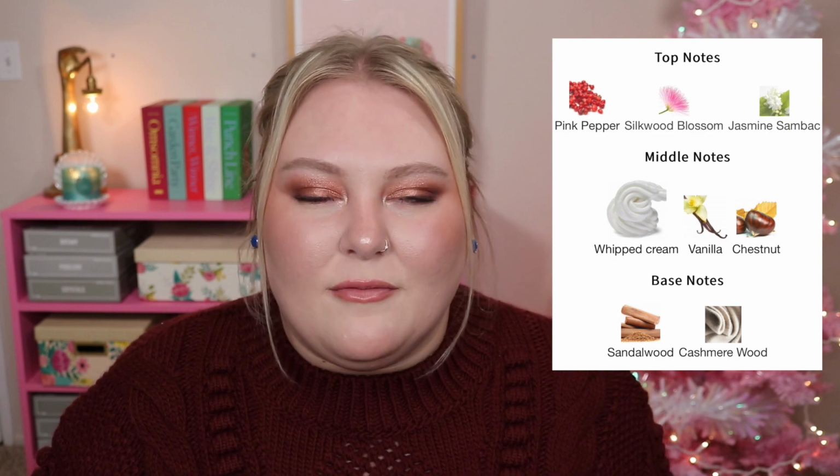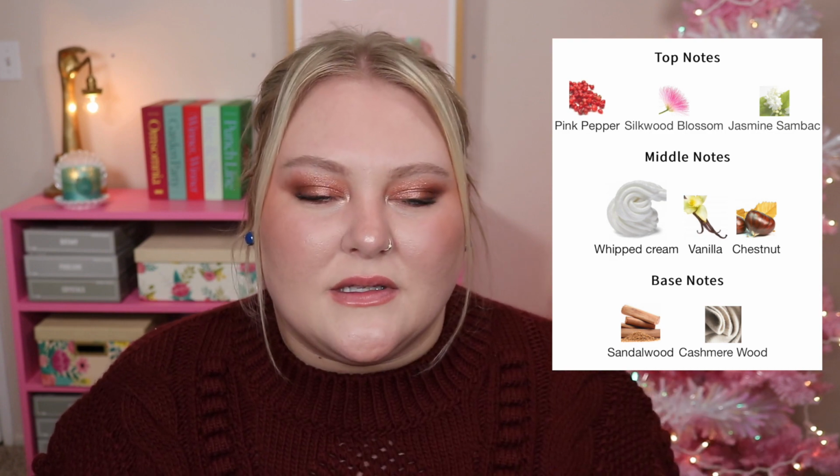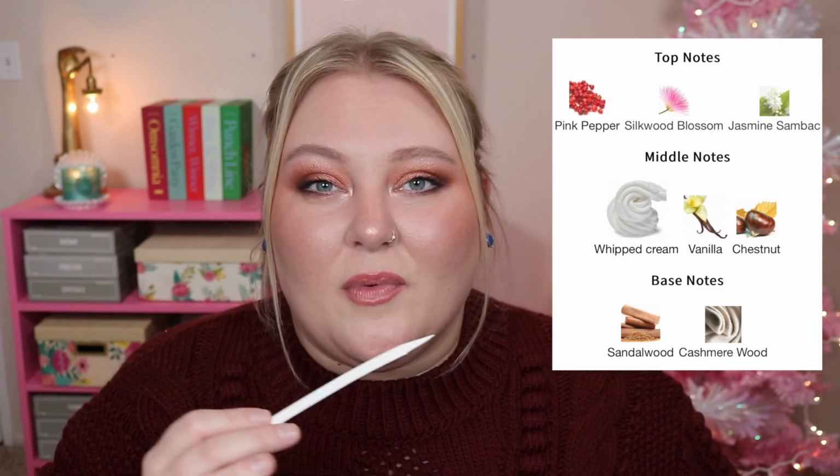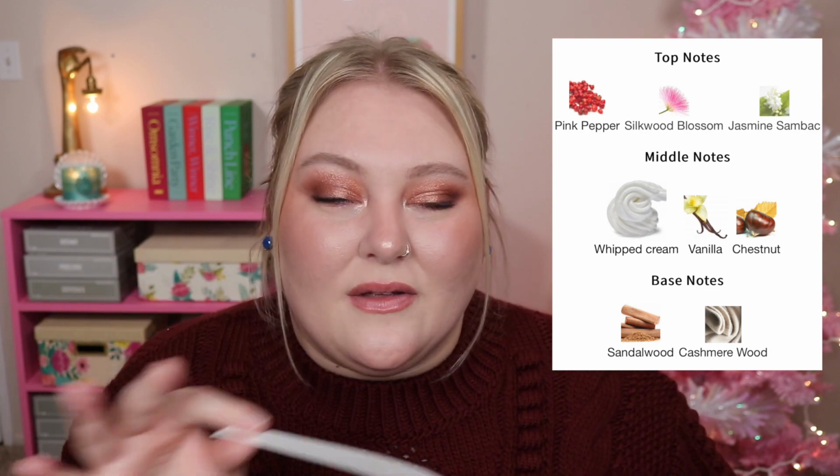Sometimes I don't love that in perfumes, or I associate it more with celebrity scents, but it's just beautiful. It's very unique. So many people I know really enjoy this fragrance in real life, and it's been raved about here on YouTube. I know quite a few people know about this, and I think it's a perfect one for cozying up. It doesn't have a ton of warmth and there's no spiciness, so if spicier notes like clove, cinnamon, cardamom turn you off or you don't like those too much, this